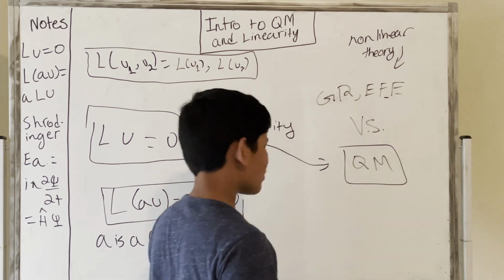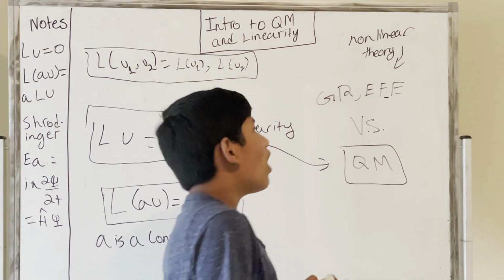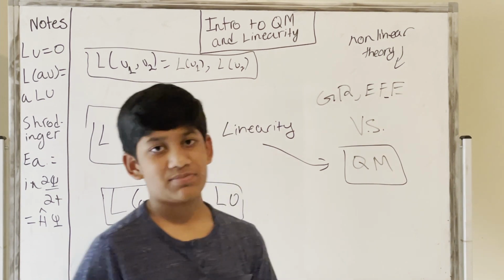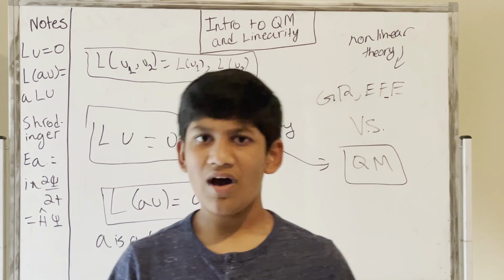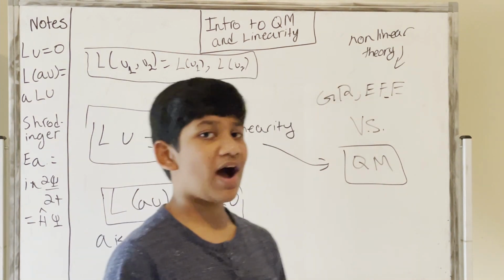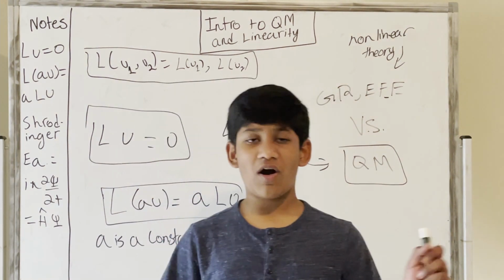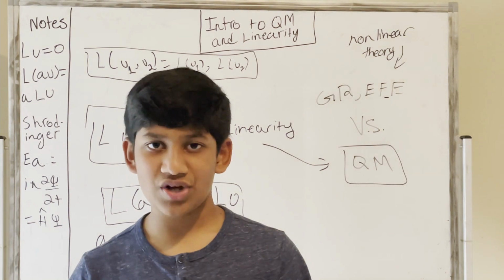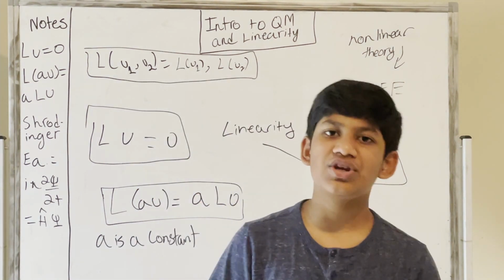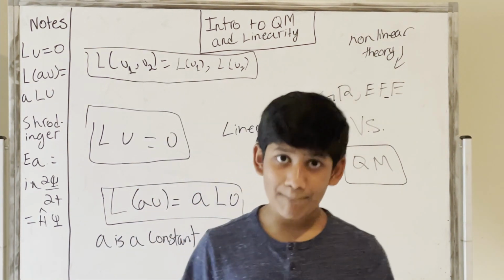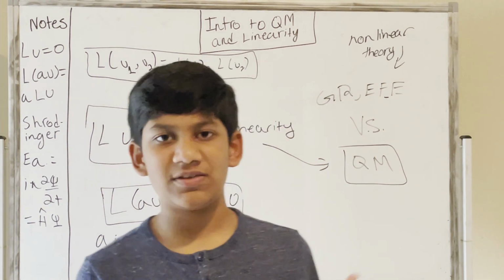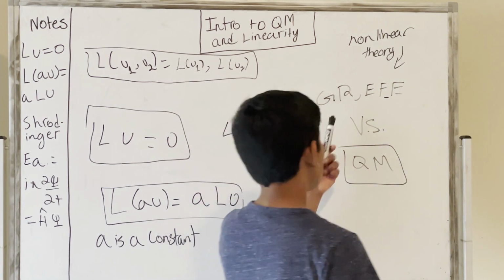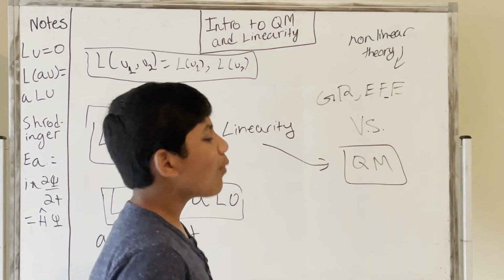So this is why general relativity and Einstein's field equations are harder to calculate than quantum mechanics. Well, if you have the Heisenberg uncertainty principle, it's pretty easy. But compare the Schrodinger equation with Einstein's field equations, they're pretty hard. But I would say Einstein's field equations are harder because if we have one solution and another solution, we can't combine them and get another solution. That other solution may be valid and may not be valid. So that's the difference between general relativity and quantum mechanics.